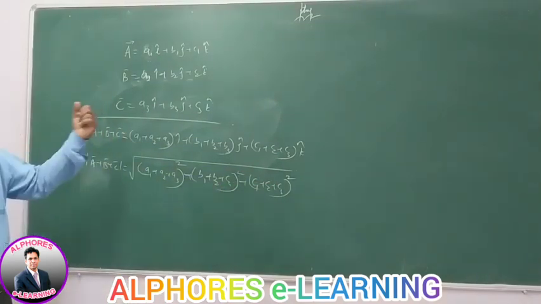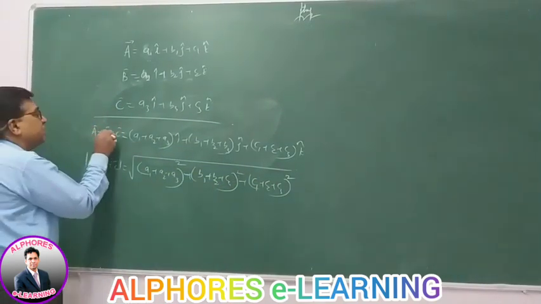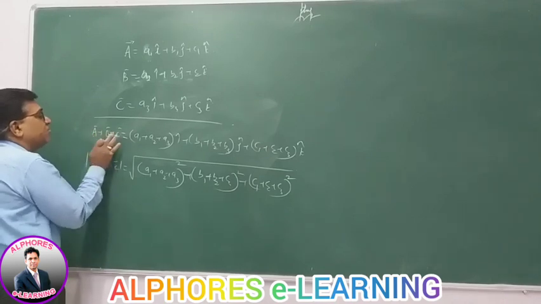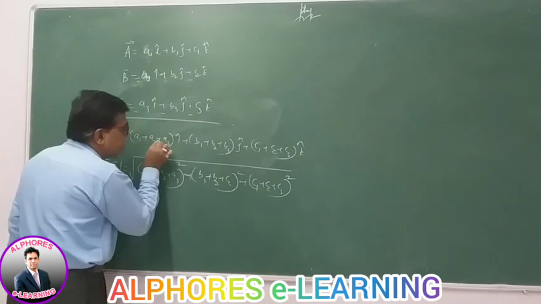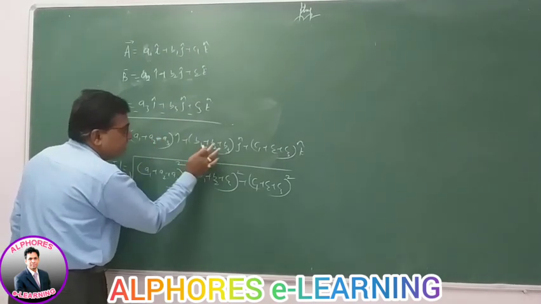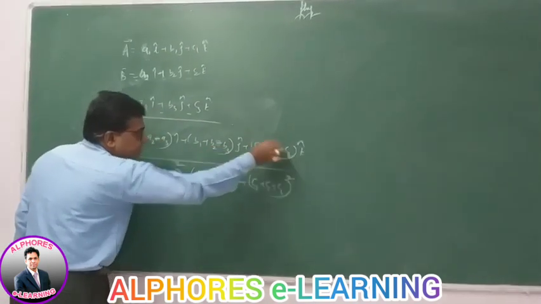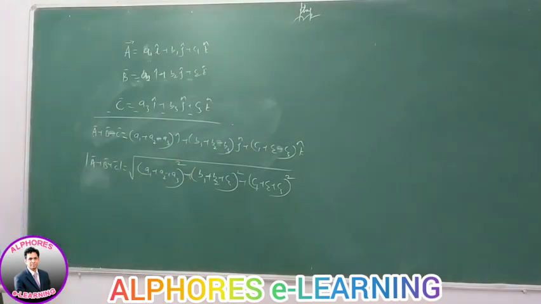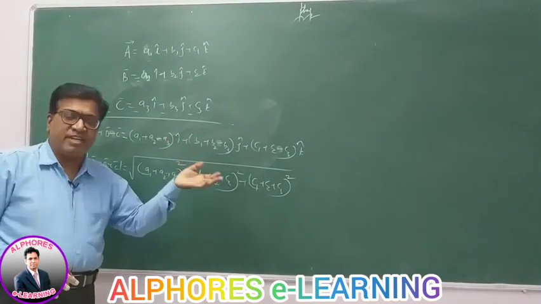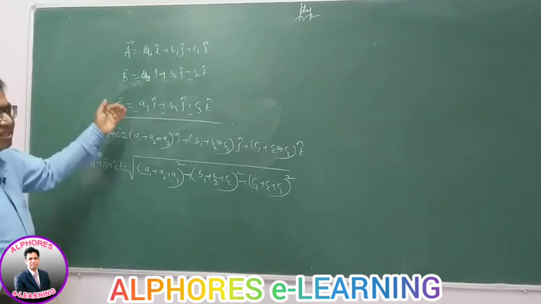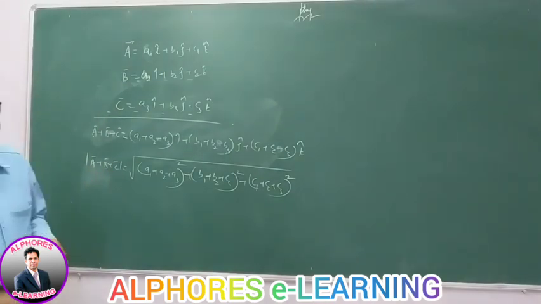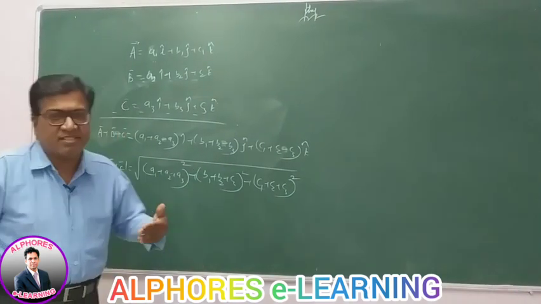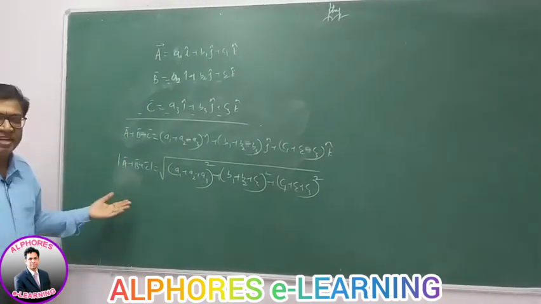So that way you can handle any number of vectors. Instead of a plus b plus c, suppose vector c is minus; then take its components negative, so it will be minus, minus, minus. Whether it is plus or minus, go according to that. Assign a proper sign to the vector. If it is plus, take plus. If it is minus, take minus. Then add up and get the resultant vector.